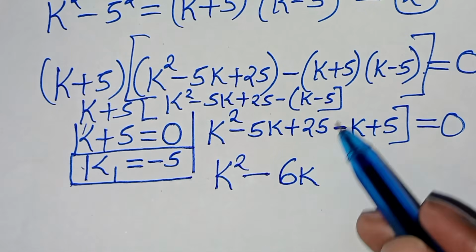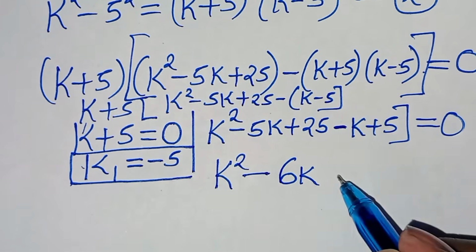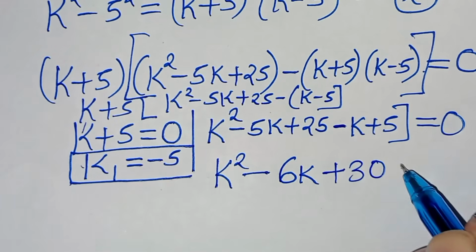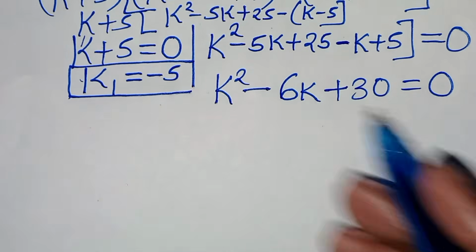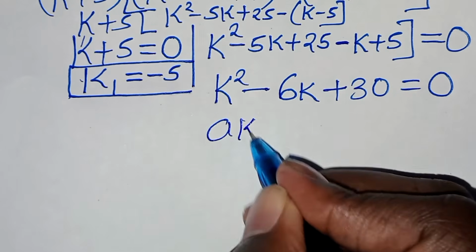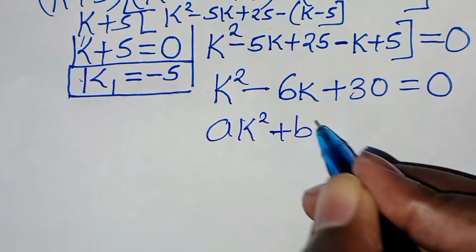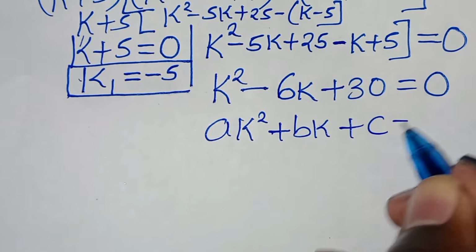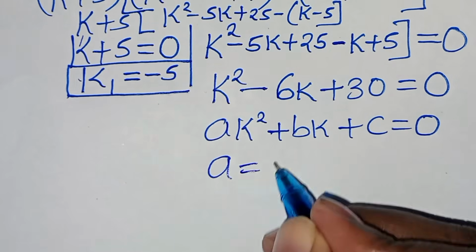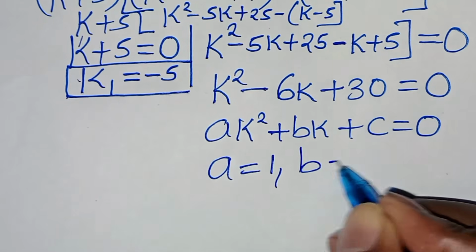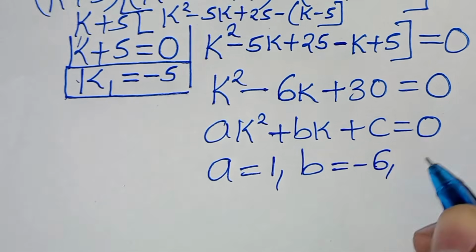And then we have 25 plus 5, this is plus 30. This is equal to 0. So this is a quadratic equation of the form ak squared plus bk plus c equal to 0. So from this quadratic equation, a is equal to 1, b is equal to minus 6, and c is equal